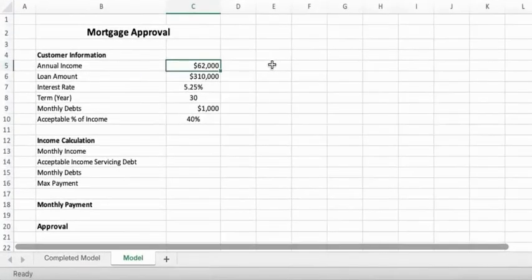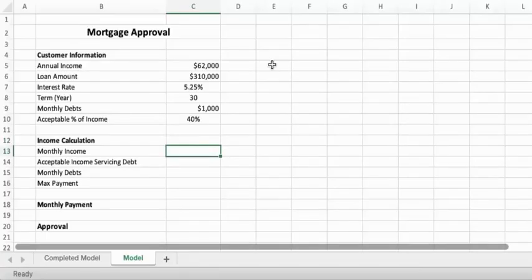So this particular applicant makes $62,000 a year. They're looking at getting a loan for a house that will cost them $310,000. Their interest rate is 5.25%. They're looking to pay over the course of 30 years, and they have other monthly debts that total payments of $1,000 a month. The acceptable percentage of their income that can be used towards servicing debt is 40%. So we'll see how all of these inputs then work to help us achieve our outcome, our recommendation of approval